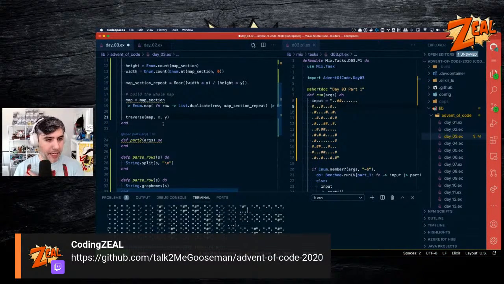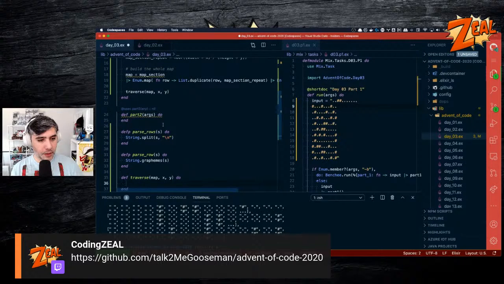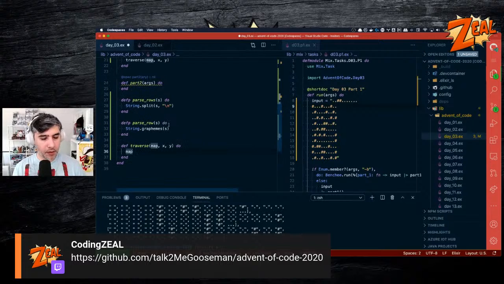And I traverse, I'll have it return back a tuple or something like that with it containing the information. So let's do traverse. And traverse is going to take in the map, the X and the Y, do end, and then we do, so we have our map, and in our map, so we have our base case or our thing. So our data is going to have a